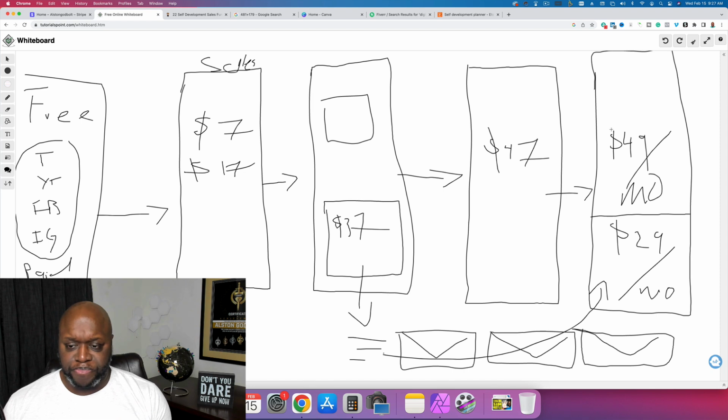Now on the back end, to deliver your products, you can use something like ClickFunnels, you can use Teachable, Kartra, Builderall. There are tons of softwares out there. I don't want you to get hung up on the softwares. I want you to go out there and take action. And this is something literally anybody can do. You can actually build this out through WordPress too if you wanted to, but it's really as simple as identifying